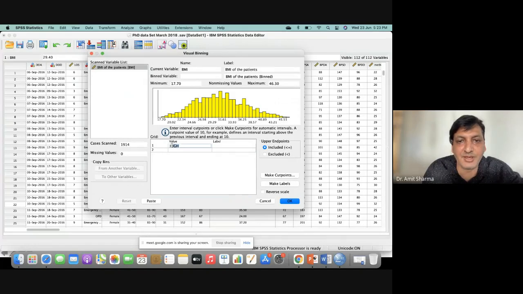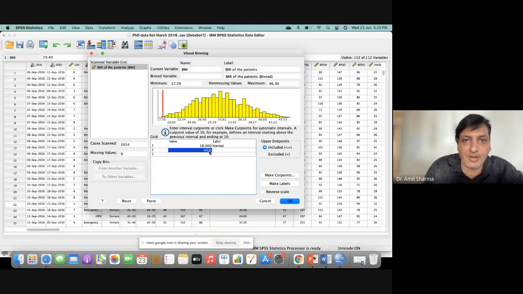For example, 18 will be considered as normal. See, the software has already detected the minimum 17.70 and maximum 46.30. So instead of this, I have to take a value. For example, I can write 23, so it will consider 17.70 to 23.